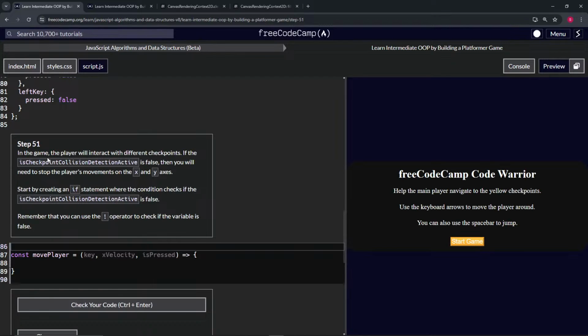All right. Now we're on to step 51. So in the game, the player will interact with different checkpoints. If the isCheckpointCollisionDetectionActive is false, then we will need to stop the player's movement on the X and Y axes. We're going to start by creating an if statement where the condition checks if the isCheckpointCollisionDetectionActive is false, all right? And we're going to remember that we can use the not operator to check if the variable is false, all right? So inside of here, we'll do if